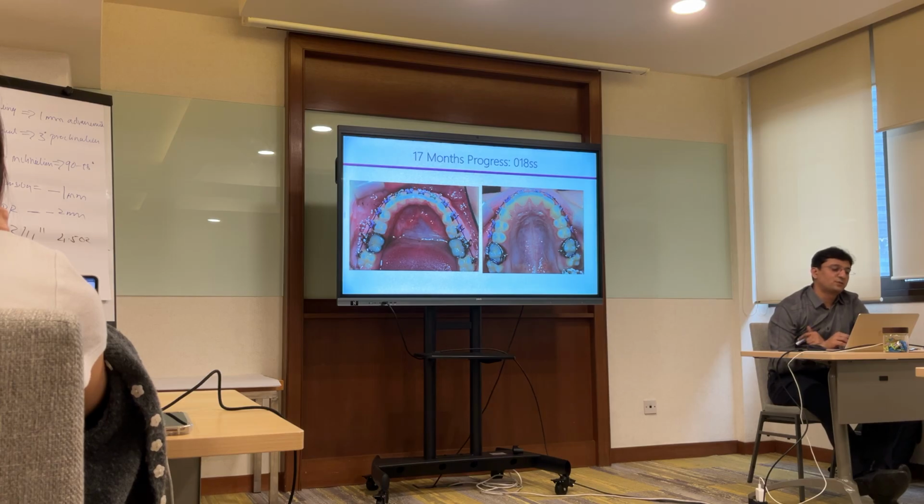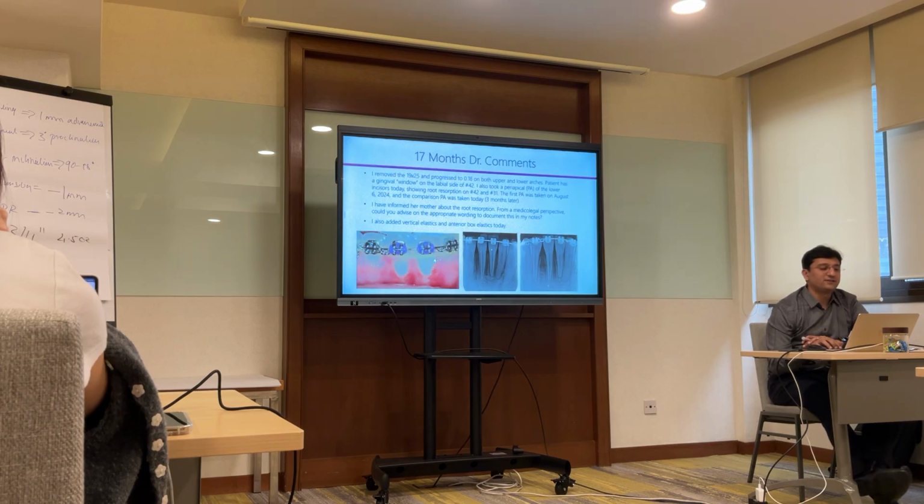After you achieve class 1, you have to move to a finishing stage called 018 stainless steel. This is the wire that responds very well to elastics, and this is the wire on which you can make some finishing bends. Okay,